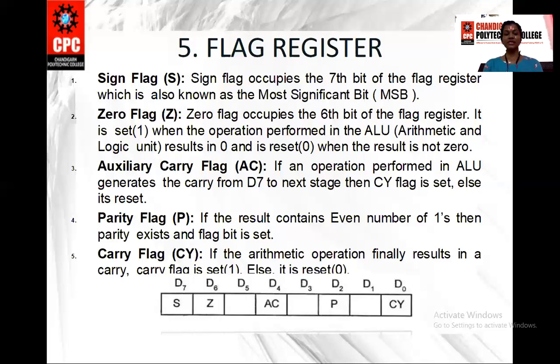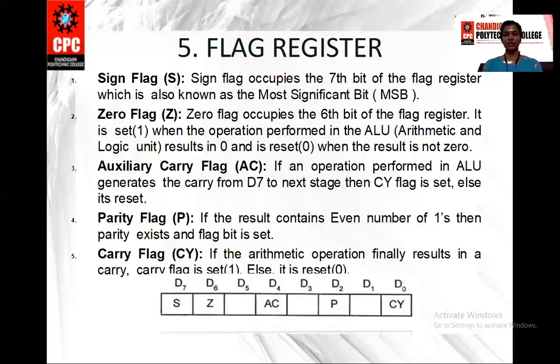Right? Next, last is carry flag. Carry flag is denoted by C flag and it will be set to 1 if after addition of two numbers one carry is extra. That means if you get an extra carry after the result, then carry flag will be set to 1. Right? These are 5 flags in flag register of 8085. And again, I will say flag register is an important question. 5 flags, flag register is of 8 bits. The 5 flags are sign flag, zero flag, auxiliary carry flag, parity flag, and last one is carry flag. Right?